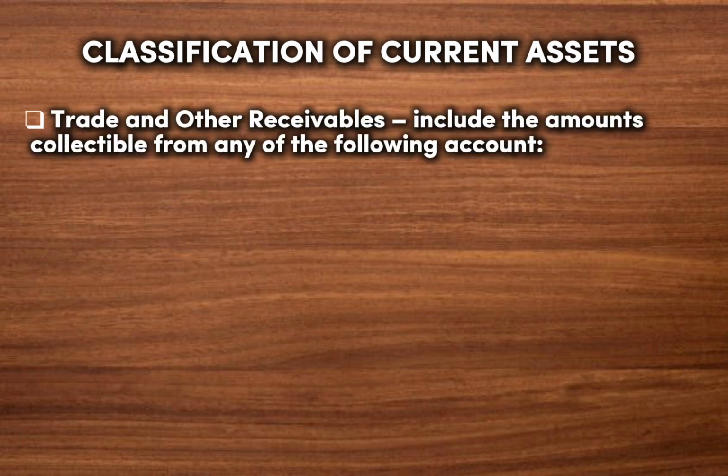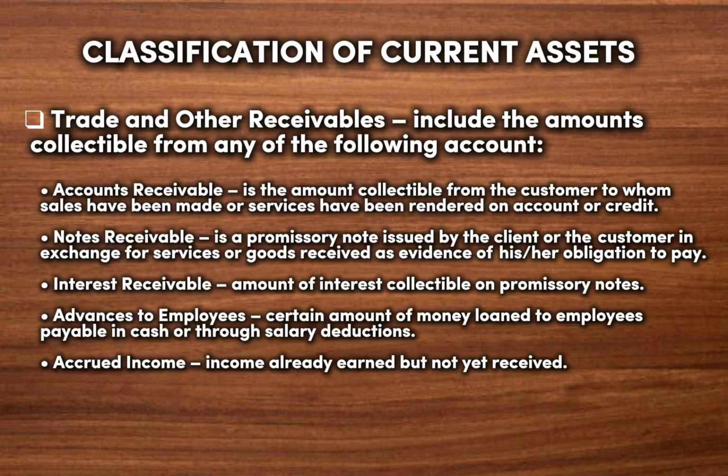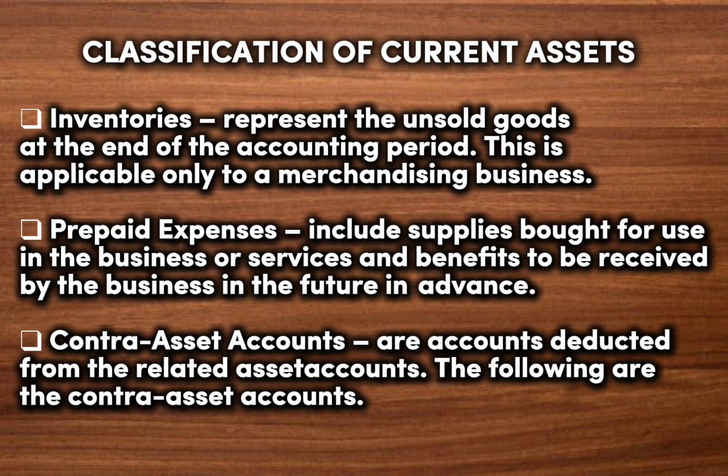Another important group of current assets is trade and other receivables. These are amounts that customers or other parties owe the business. These include accounts receivable, notes receivable, interest receivable, advances to employees, and accrued income. Inventories. These are unsold goods of the business that are intended to be sold in the normal course of operations. Prepaid expenses. These are the expenses paid in advance for supplies or services that the business will use in the